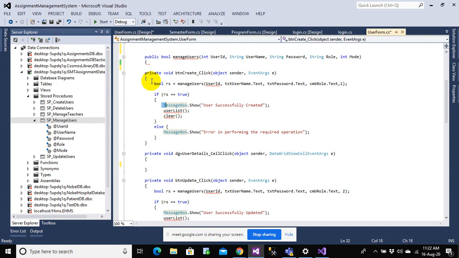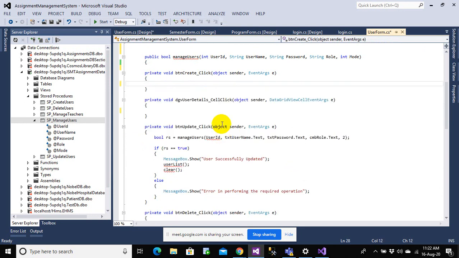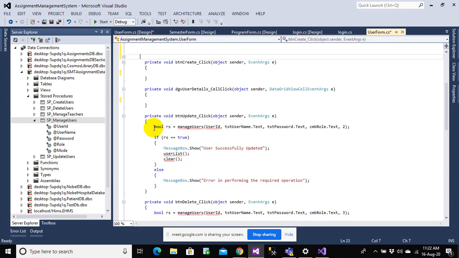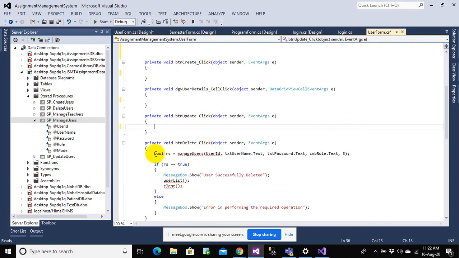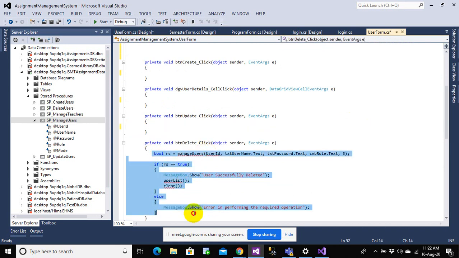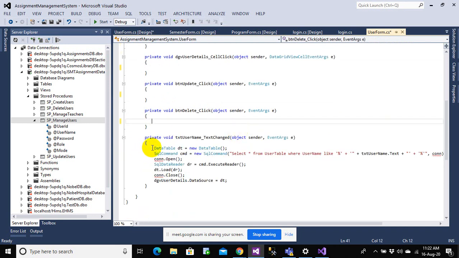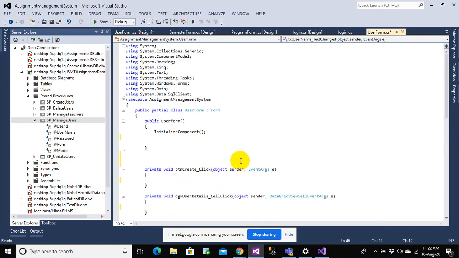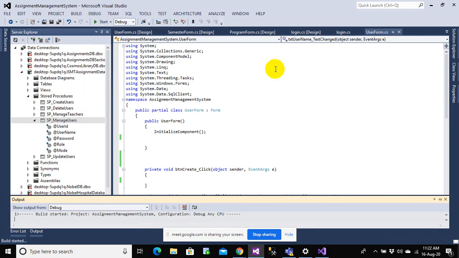Let me also delete this. Let me delete this function, I do not need it for now. Let me delete this code. Okay, so now my things are blank. I am on a very new project now.